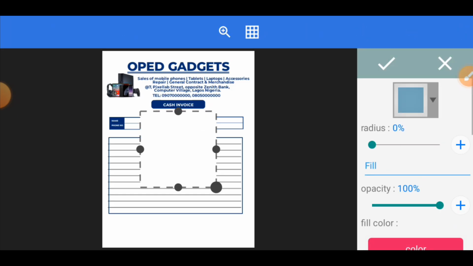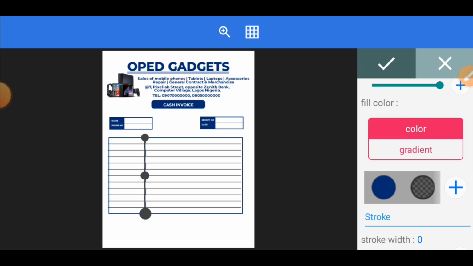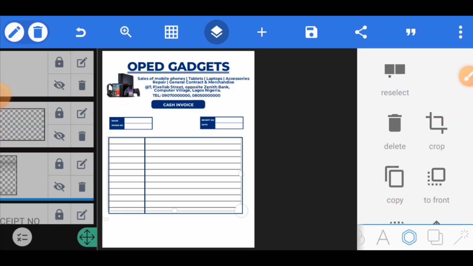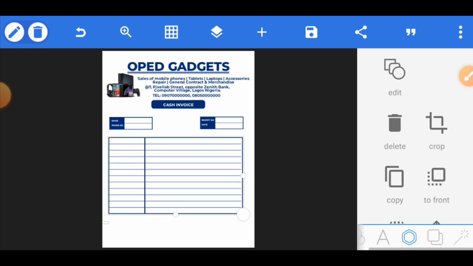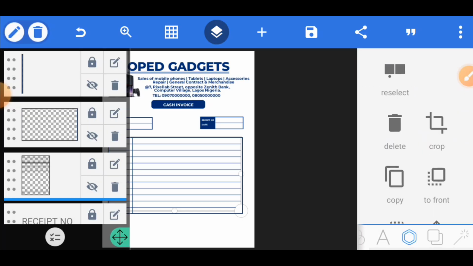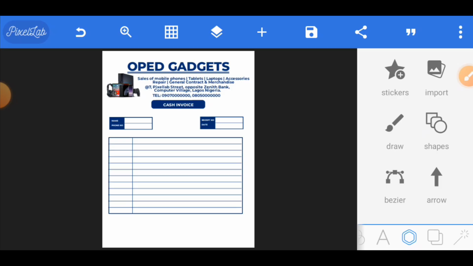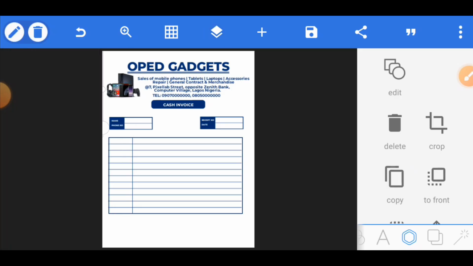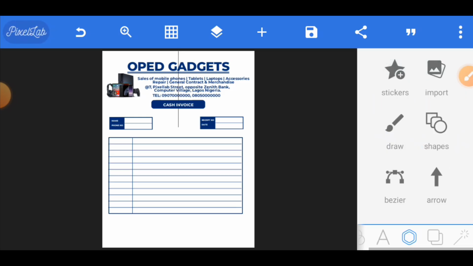So I'll be creating another line to strike it from top to bottom. The color will be blue as well. I'll change this one to blue as well. Color, enable it and change it to blue. So for this one, I will reduce it and place it on the left hand side a bit. Everything you need to adjust them before you proceed to the next thing. Now I'll copy this line that I've made, copy it once, place it at the middle, bring it where it ought to be,